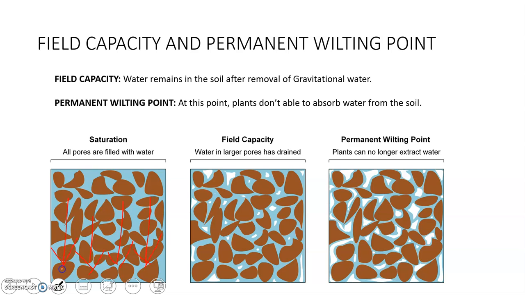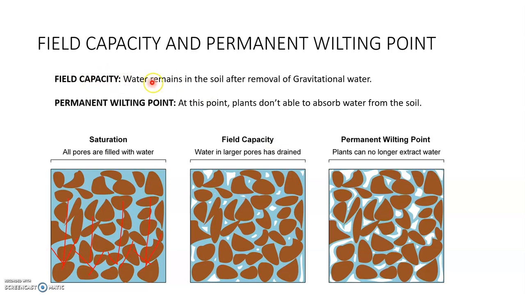This is called infiltration. When the gravitational force is higher than the attraction between the soil particles, the water will start to move deeper inside the soil. It will enter into the groundwater. After the water has drained, it will come to this stage. There will be no infiltration movement, zero infiltration movement. That point is called field capacity, when there is no downward movement.